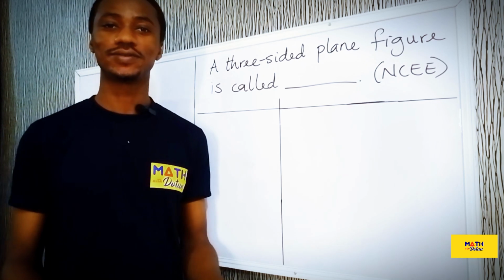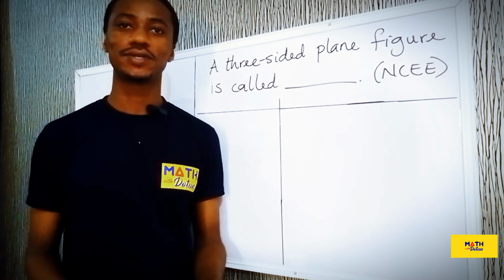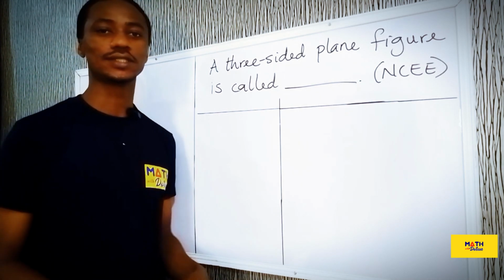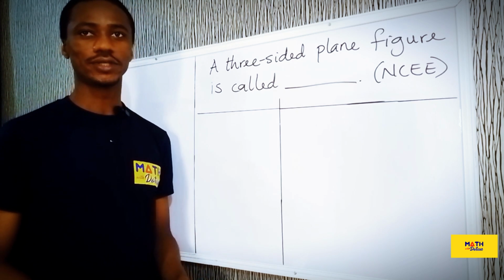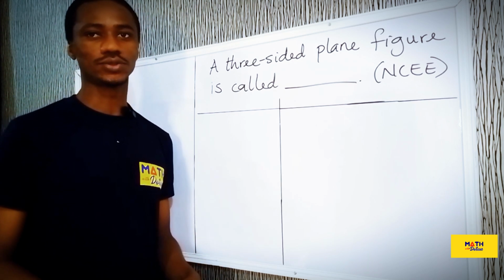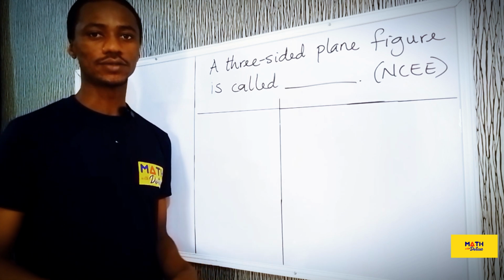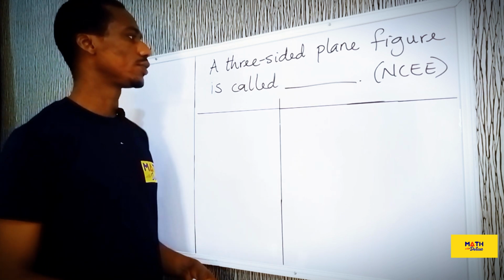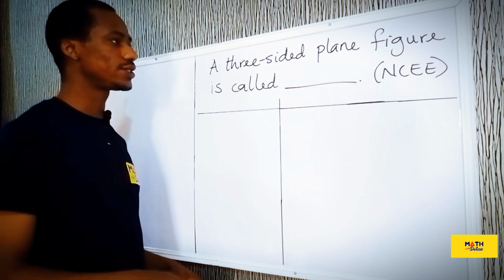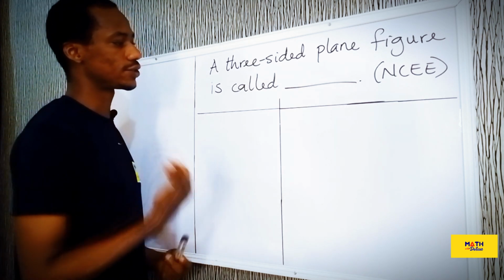Alright, this is one of those questions we refer to as bonus questions in the National Common Entrance exams. But I don't want to just leave it out, so let's briefly talk about it. We have this question here: a three-sided plane figure is called